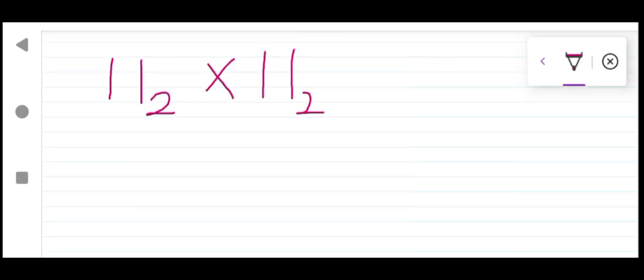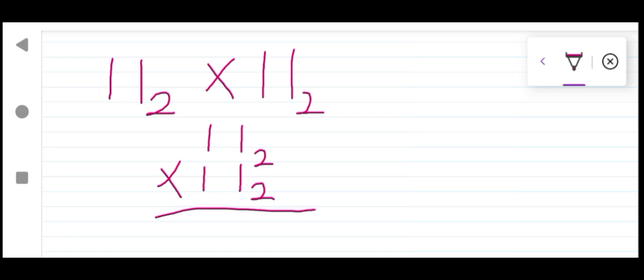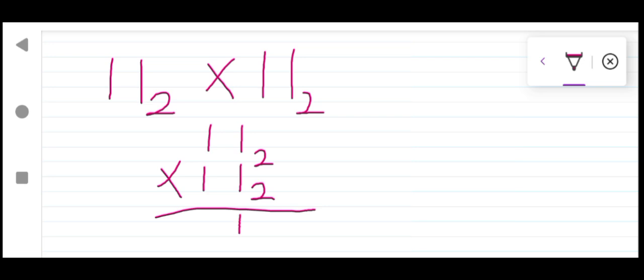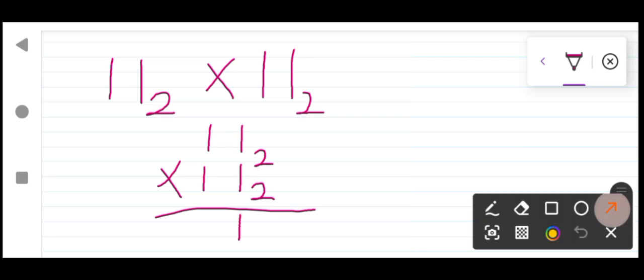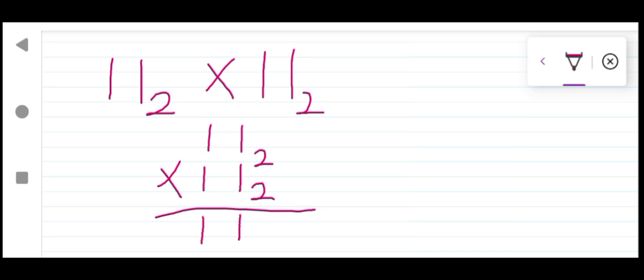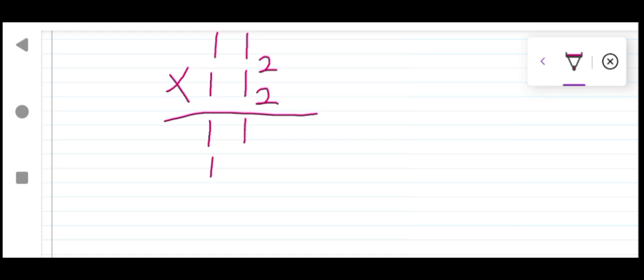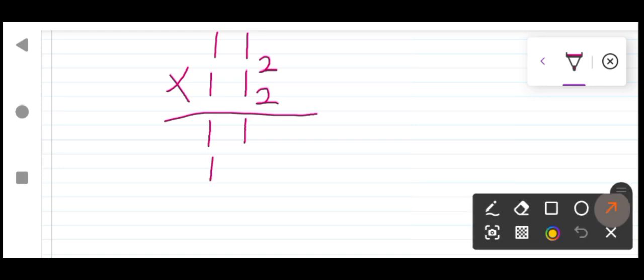And at this point, you want to go with your normal multiplication. So we have 1 base 2 times 1 base 2. And let's check this out here. So 1 times 1, that's 1. We have 1 over here. And 1 times this other one, that's 1. So we have 1 over here. And the next 1 times 1 over there, so we have 1 right under this, and 1 times 1 over